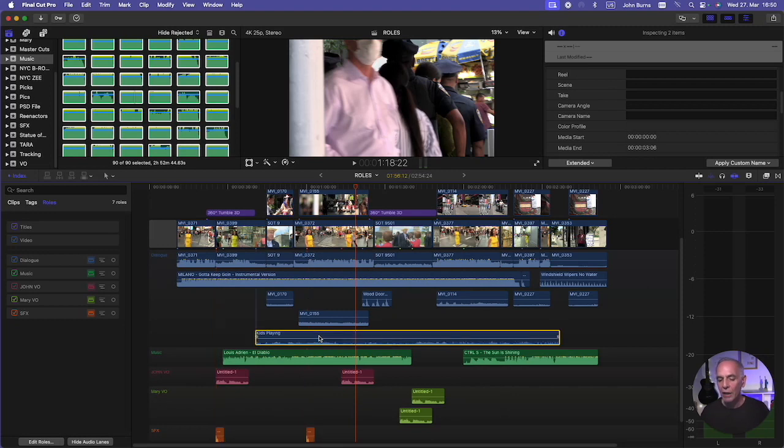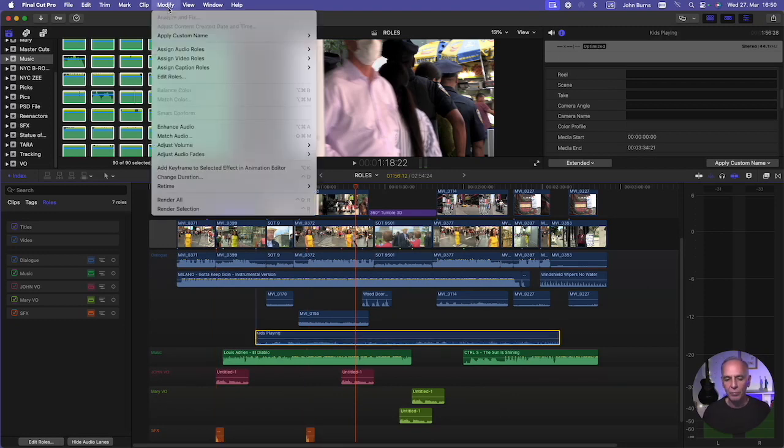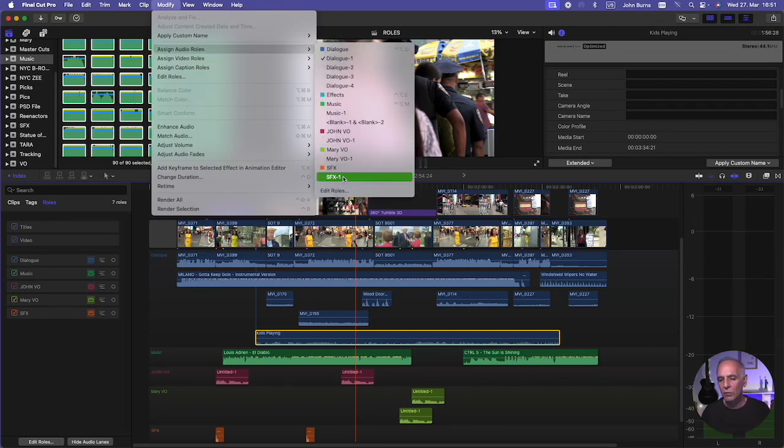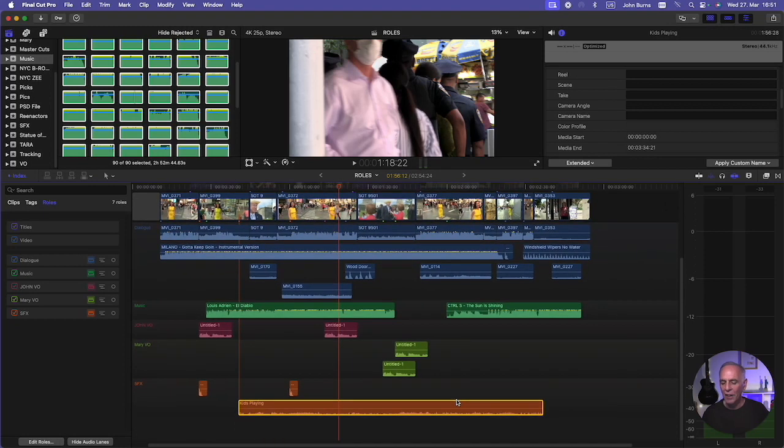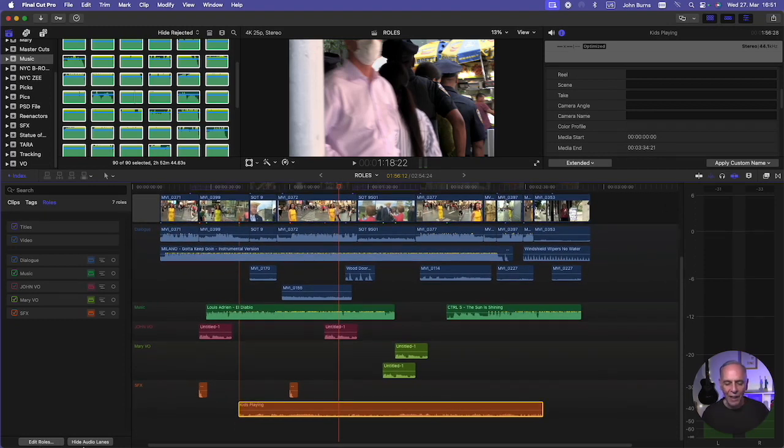So if I click that and I say modify, assign to audio roll, sound effects, you can see that goes down there too into that track. So that's how you use rolls to organize things so that you can turn things on and off as you're working. And that's really important for export too, because if I just wanted to export one roll, I can turn